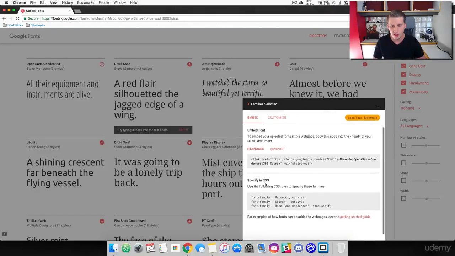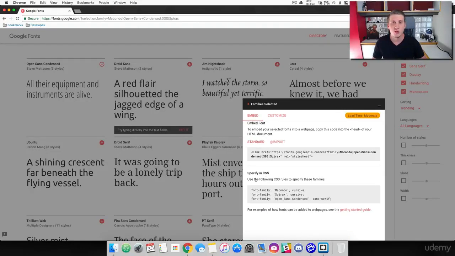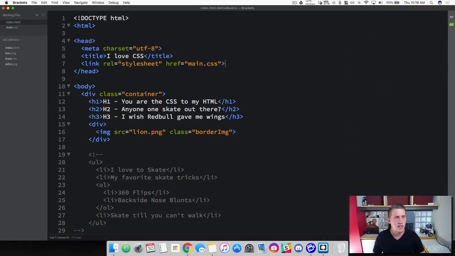And if you scroll down here, it shows you how you specify this in your CSS. We're going to use the property font-family, and then we're literally just using the name that we've added into the link here. So go ahead and copy the link, come over to Brackets, and what we're going to do